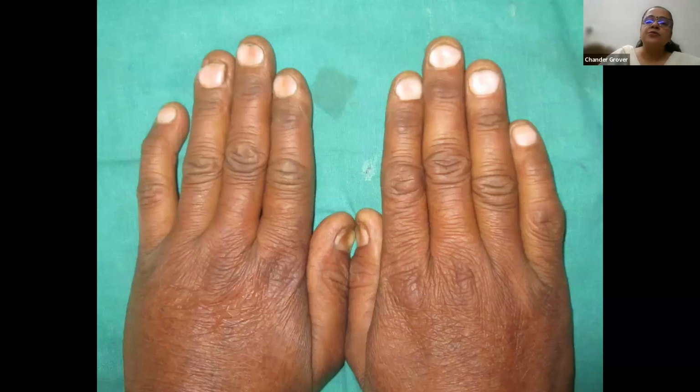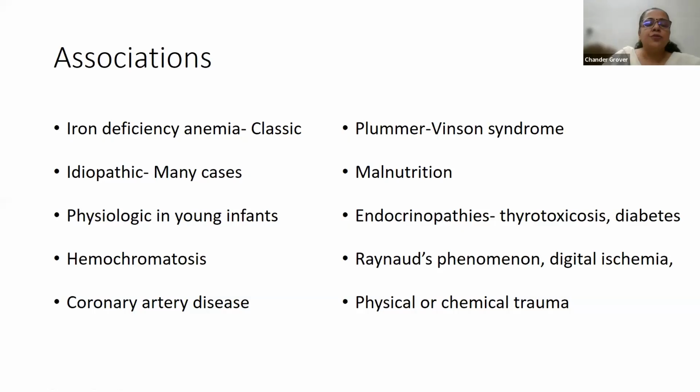So the commonest association in patients with Koilonychia, see the Koilonychia, you may not be able to see very clearly, but this erythema suggests that this part of the nail plate is very thin. That is why the nail bed erythema is showing through. And if you see this in profile, the Koilonychia is very much visible. The classic association is iron deficiency anemia, although many other causes have been attributed to or associated with Koilonychia.